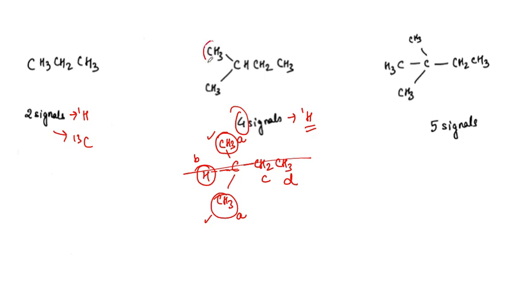The carbons are also going to be the same, guys. These two carbons are going to be the same. Let's just write A over here. Then this is the second carbon over here. Alright, let's write B, C and D. So again 4 signals in the 13 carbon spectrum. Right, let's move on to the third example.